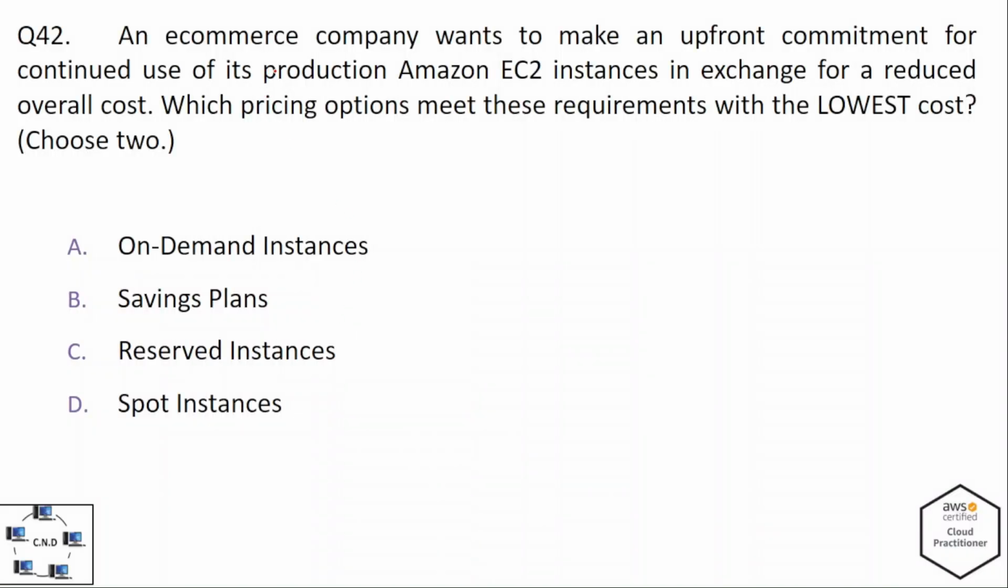Question number 42 is that an e-commerce company wants to make an upfront commitment for continued use of its production Amazon EC2 instances in exchange for a reduced overall cost. Which pricing options meet these requirements with the lowest cost? And we have to choose two options, and the options are A. On-demand instances, B. Savings plans, C. Reserved instances, and D. Spot instances. And the correct options are